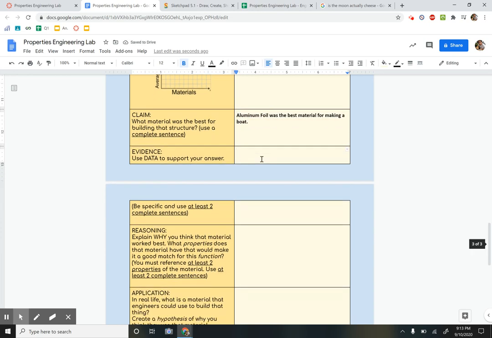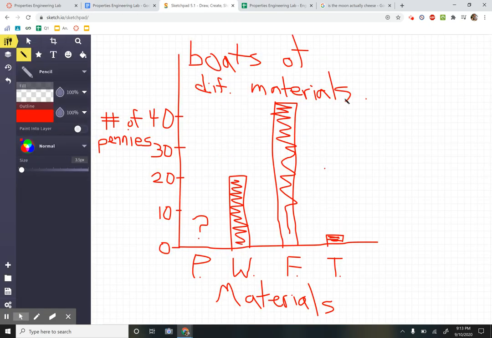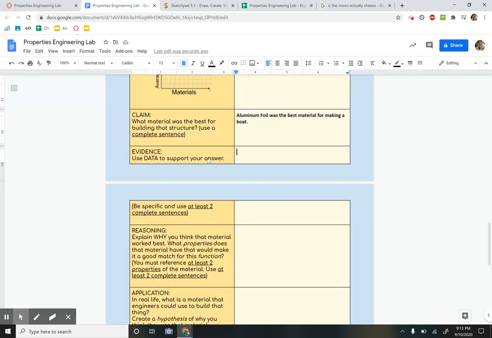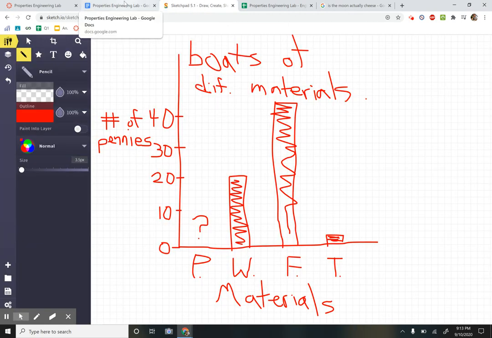Okay, use evidence to support your data. Evidence could be two things, a direct observation, so you could say, in the experiment, I saw this, or it can be a direct piece of data. For us, it's going to be a direct thing from our graph. So, evidence, use data to support your answer. That means I'm going to use my graph to support my answer. Why did I say that foil was the best? Well, because it had the highest number and it had about 45. So I'm going to say